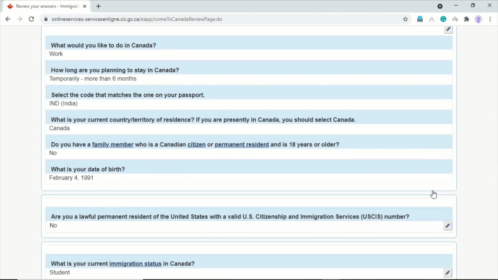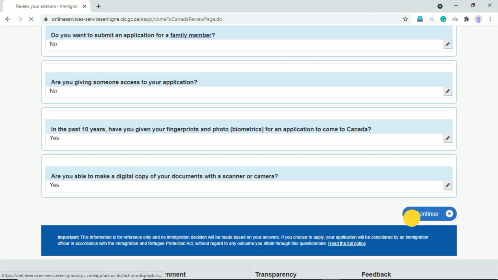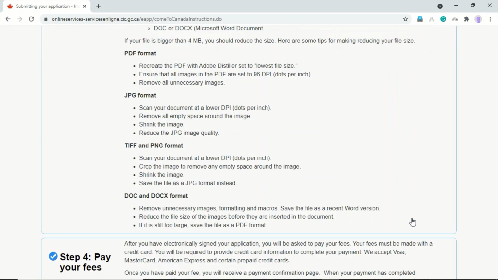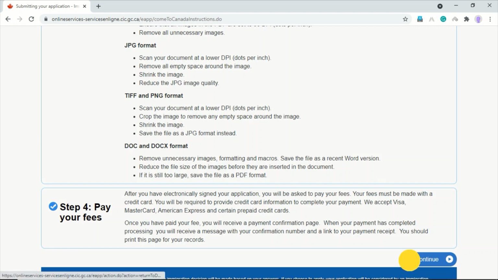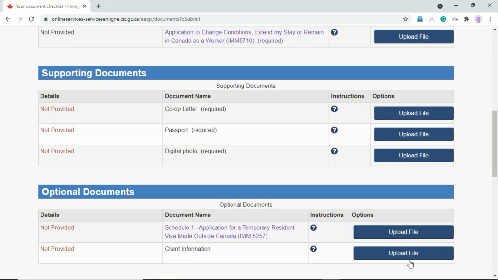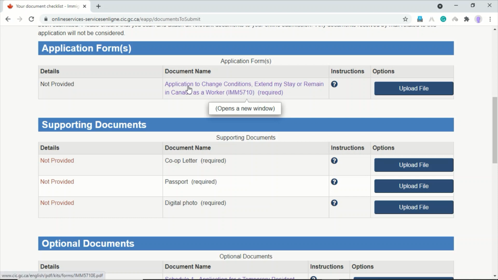So you can preview your answers once it's finished and click on continue. Click on continue. So it's pretty easy. Okay, now you come to this page, and what you have to do is download this form and fill that form, along with the cover letter which is provided by the institution, that you have to upload here.